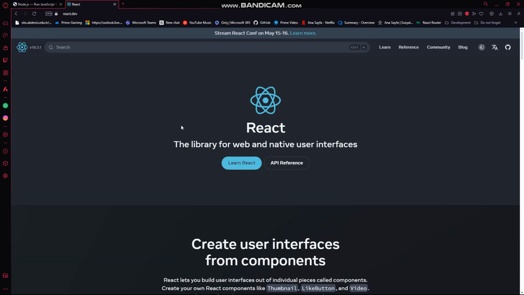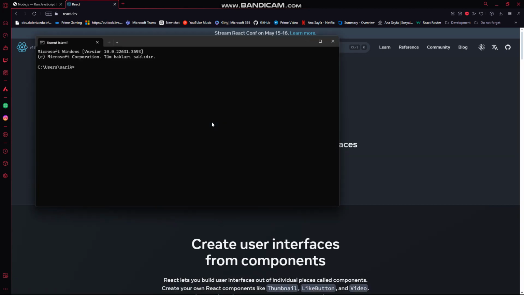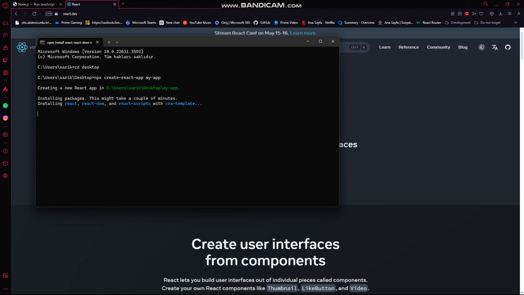So, after that, open your terminal, and I'm going to use my desktop for that. You can create a basic React app by writing npx create-react-app, and you can write a name for it. I'm going to write my-app, and it will automatically download the React app. While waiting,